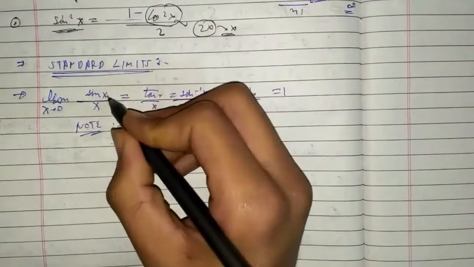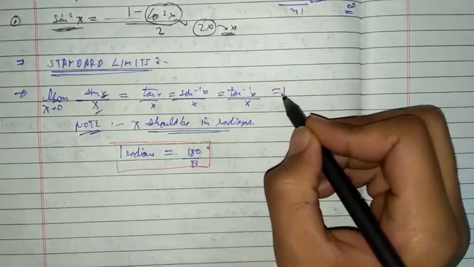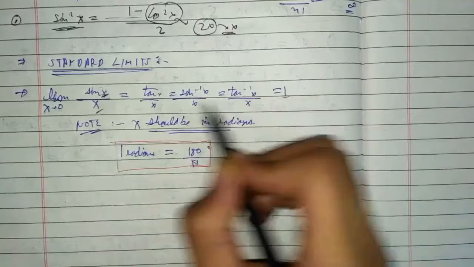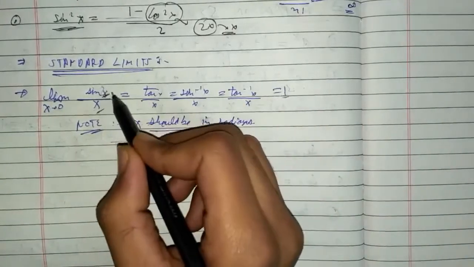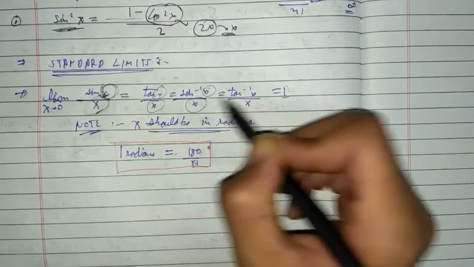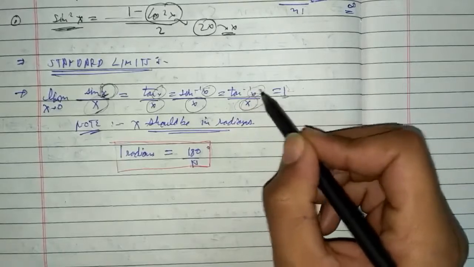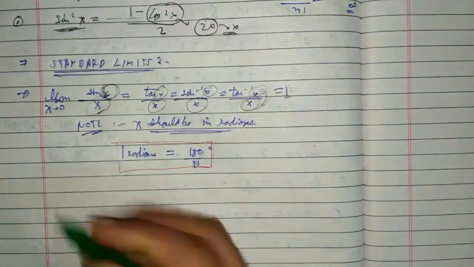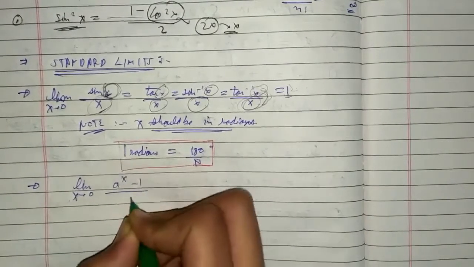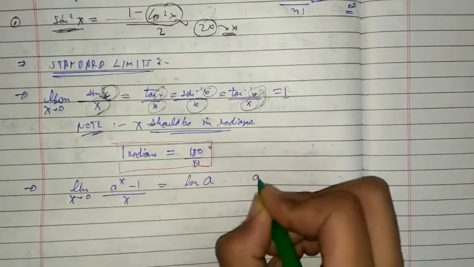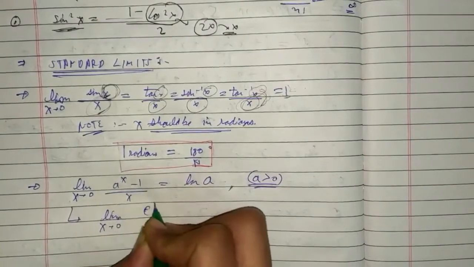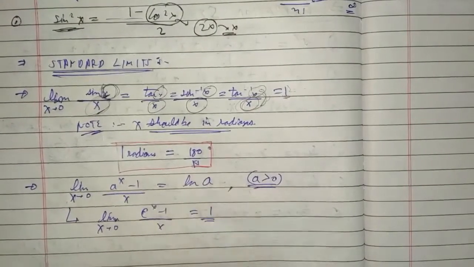Okay. And please note that here it is x, here it is x, then only it is 1. If for example we find sin 2x upon x, the value of it would be 2, because then it is sine of 0 upon same 0, tan of 0 upon same 0, sin inverse 0 upon same 0, and tan inverse 0 upon same 0. The zeros should be same. Okay, and second is limit x tends to 0, (a to the power x minus 1) on x is equal to natural log of a, and a should obviously be greater than 0. And its special case is limit x tends to 0, (e to the power x minus 1) upon x is equal to 1. And third is